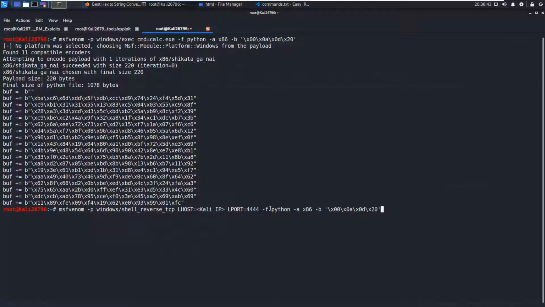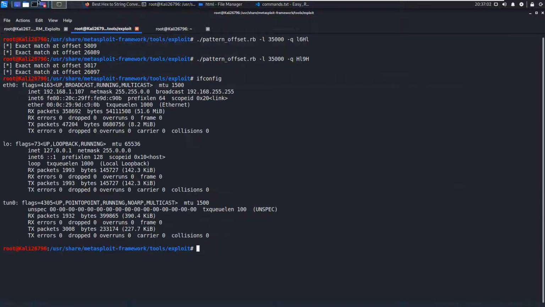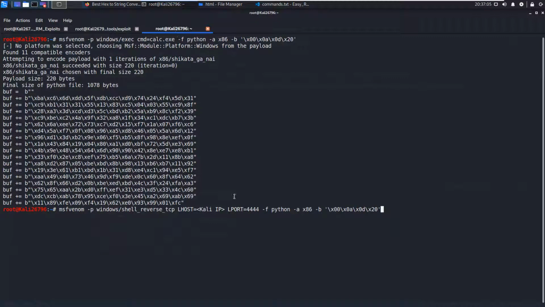Then -f file format Python, -a architecture x86, and -b for omitting bad characters. You need to put the Kali IP here, and in my case, just confirming once again, it is 192.168.107.